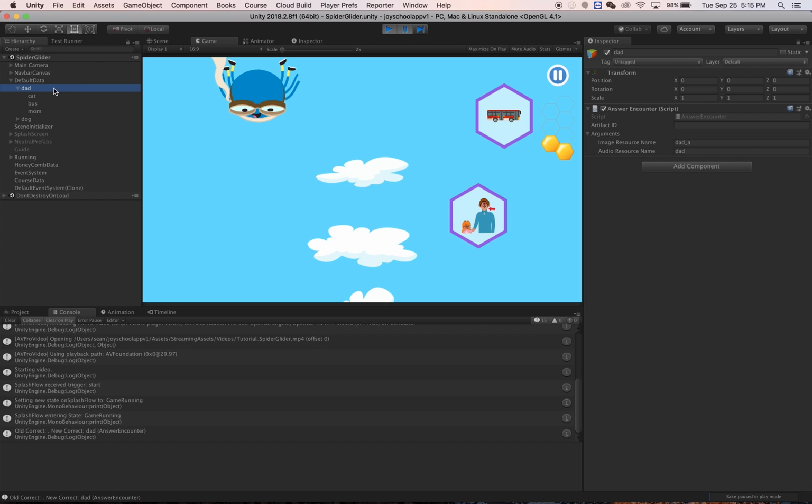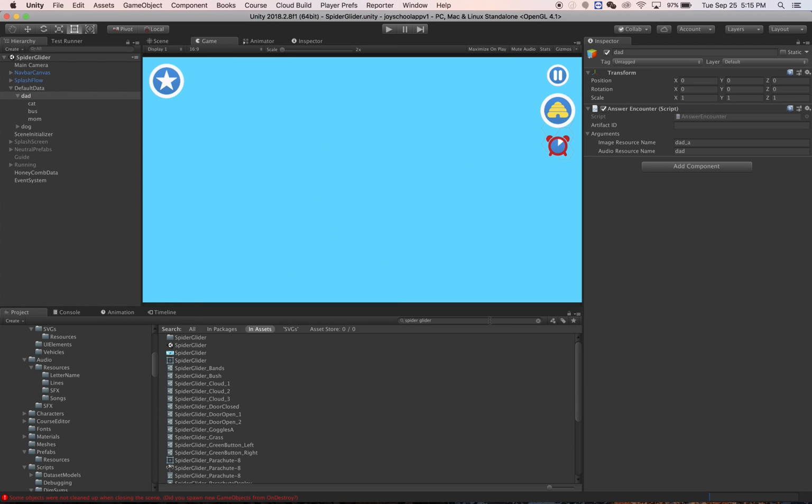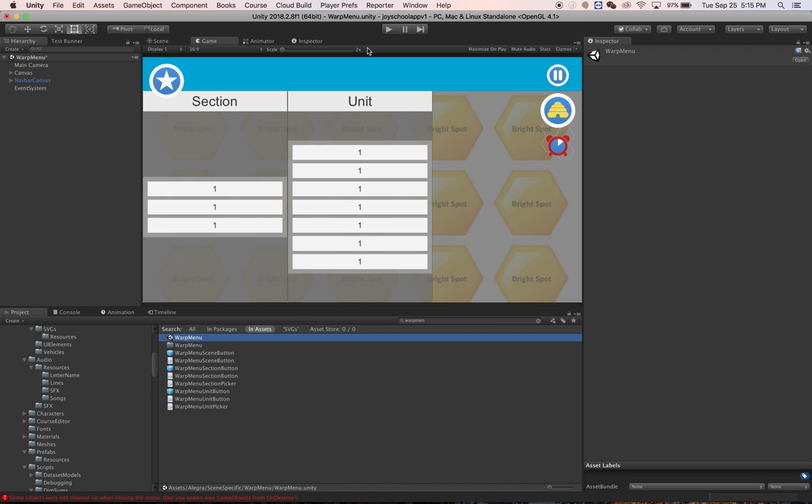That's the default data, but I don't always play Spider Glider every time with the same words. Sometimes when I come to Spider Glider, I play it with those words. Sometimes I play with other words. If you look at the warp menu scene, if I play this and I find Spider Glider in there,